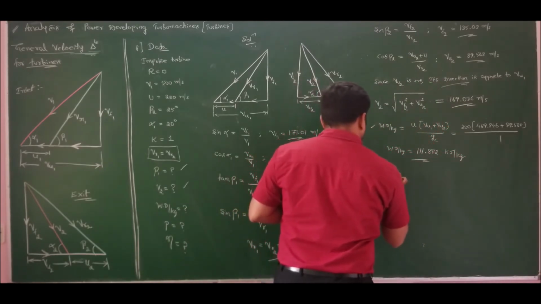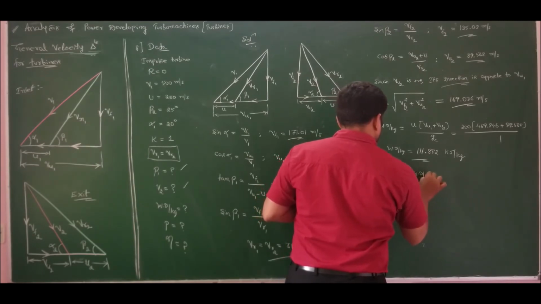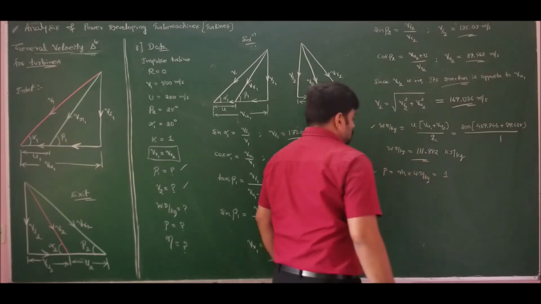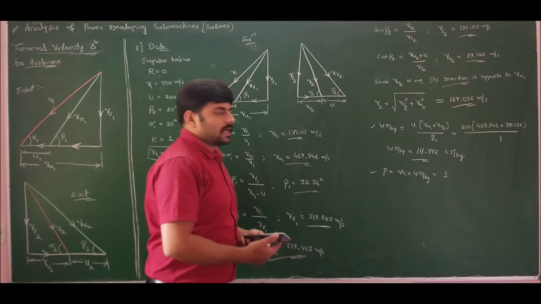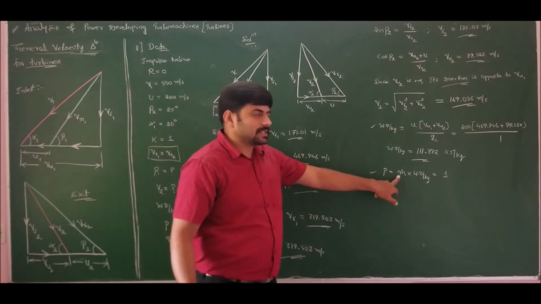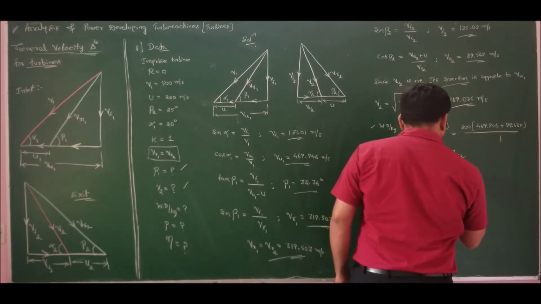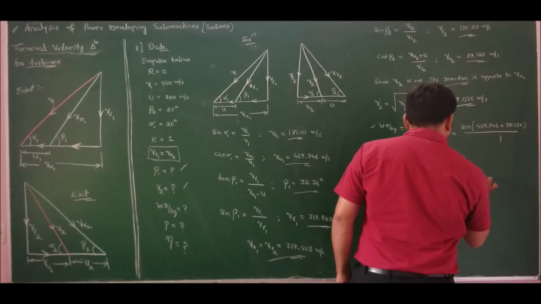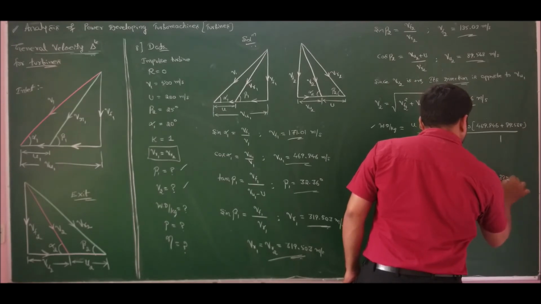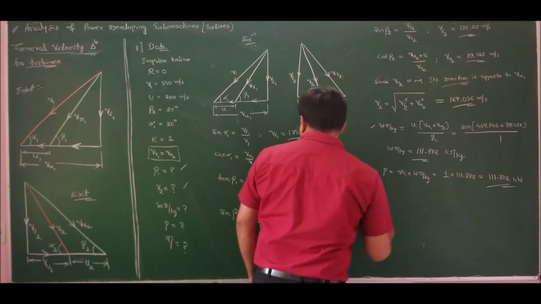So therefore, power developed is equal to m dot into work done per kg. Since he has not given mass flow rate and any thrusts to calculate mass flow rate, if he has given axial thrust or tangential thrust, we could have found mass flow rate. He has not given anything, so therefore assume mass flow rate as unity and calculate power developed. So 1 into 111.882, which is equal to 111.882 kilowatts, assuming unit mass flow rate.